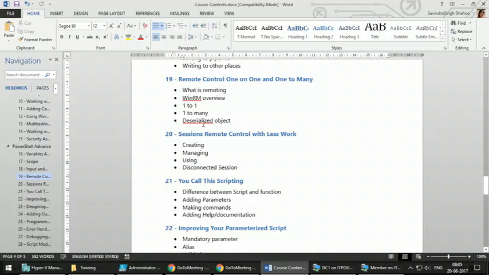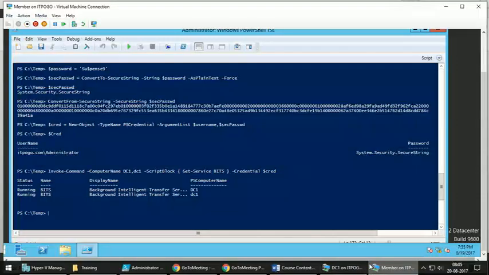Chandra, I wanted to ask you one thing in the script that you just showed, the object that you generated for credentials. How does it decode that password string? How does it happen on the other side? That is taken care of by PowerShell. Okay, so it knows the inbuilt mechanism. You don't have to, and you cannot get into that because of the security reasons, obviously. Right.